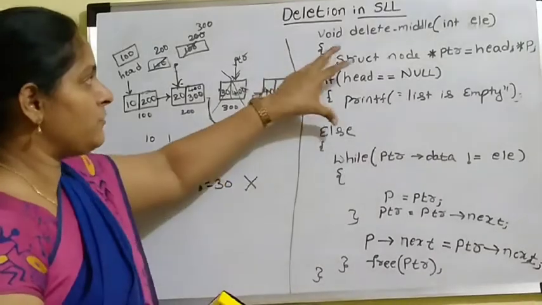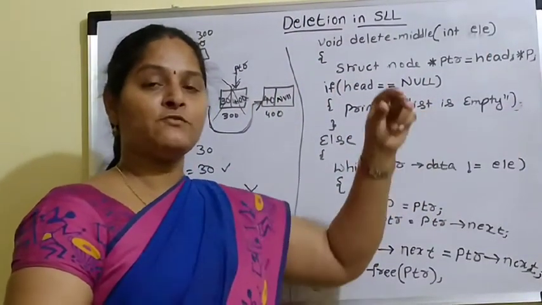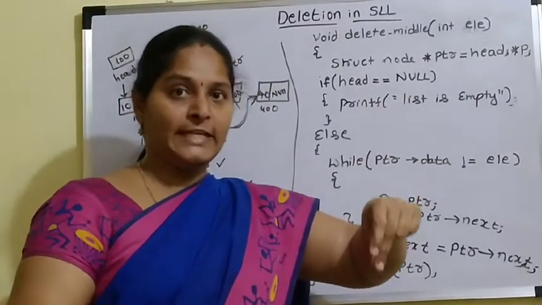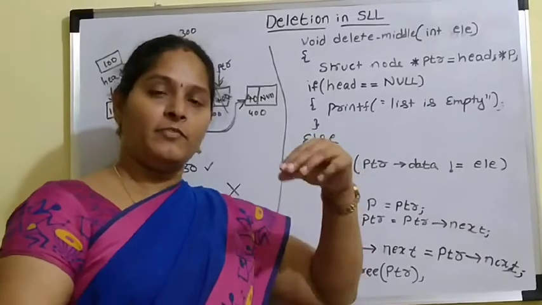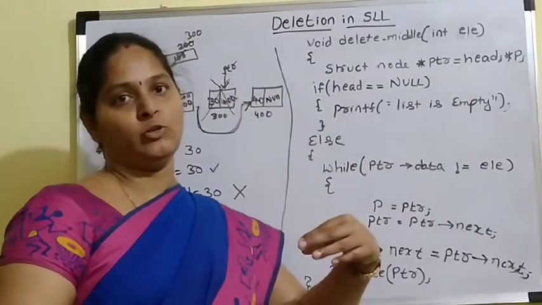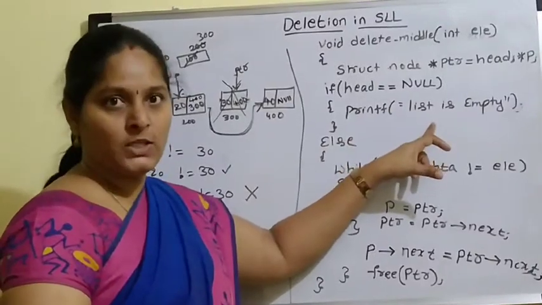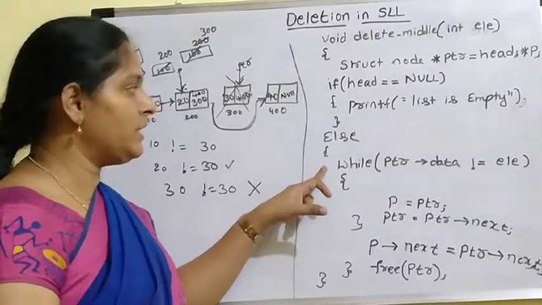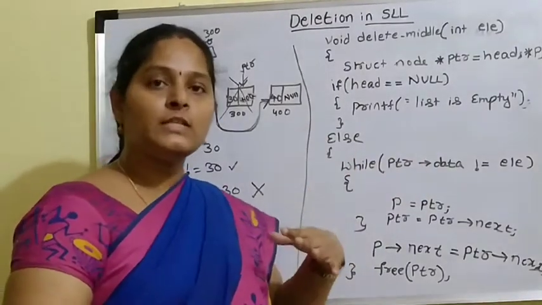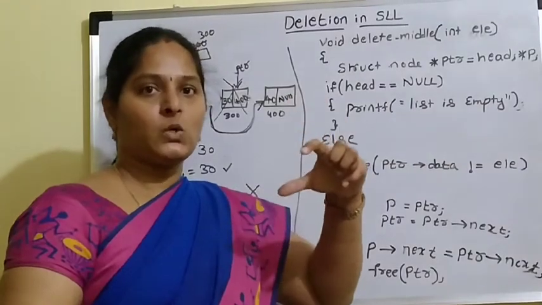Okay. So first of all, we need to take two pointers. One pointer is for identifying the deleting node position and another pointer is for pointing previous node of deleting node. So first check whether the list is empty or not. If list is empty, there is no problem. If list is not empty, now whatever node we want to delete, compare that node with the PTR node, PTR